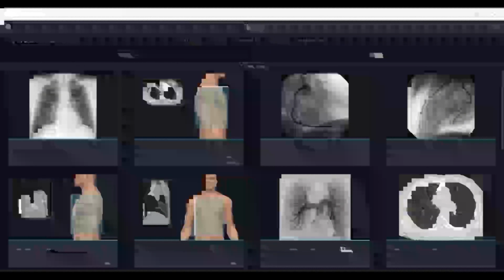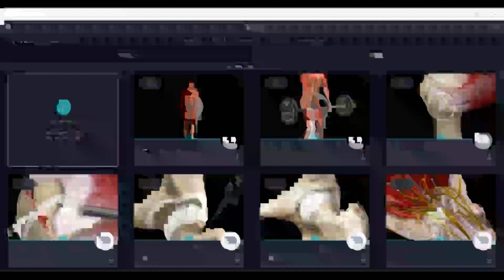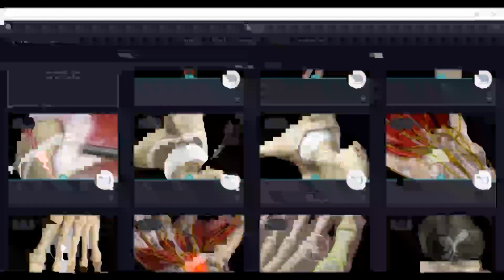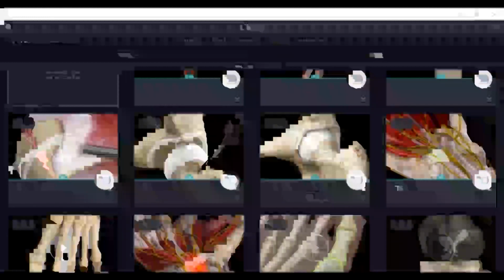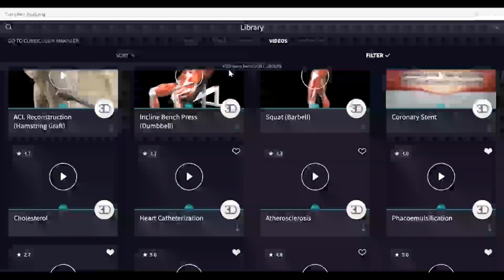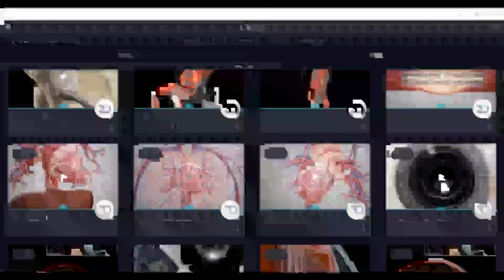Actually a lot of options are available, but due to the lack of time, I'm unable to show it. I can see some videos are there for the applied aspect, like carpal tunnel syndrome, then hip joint surgeries, then rotator cuff tear. So each region, you can see here 4,300 items are there in all the groups.